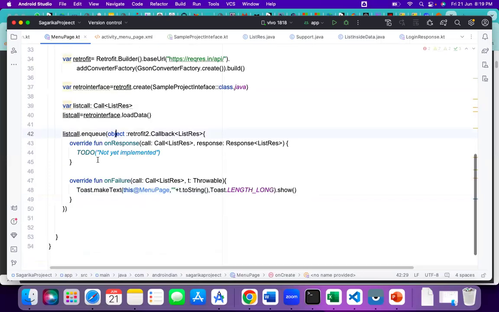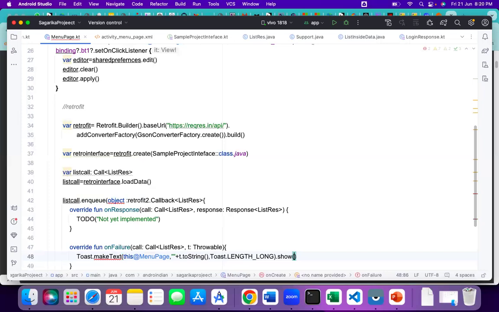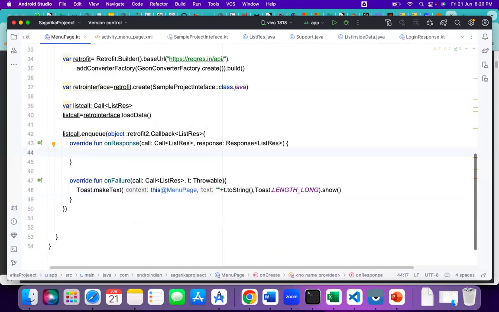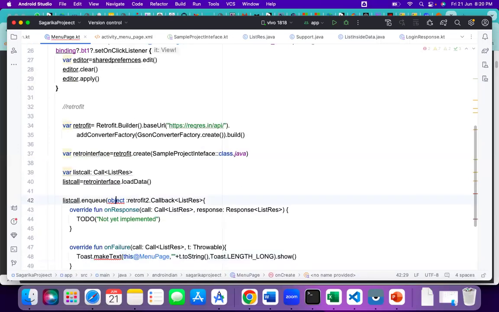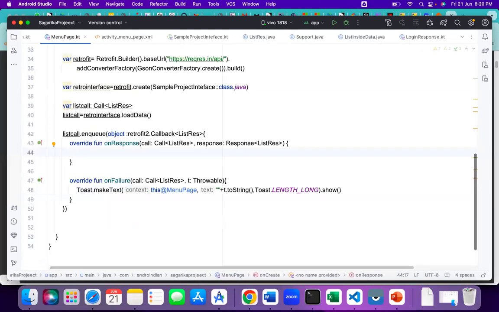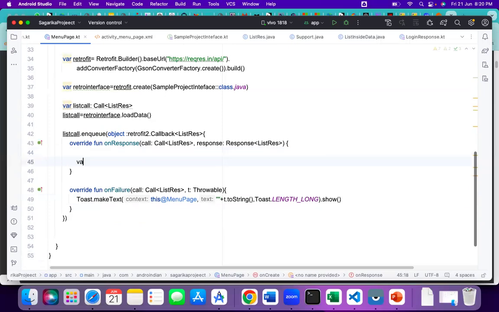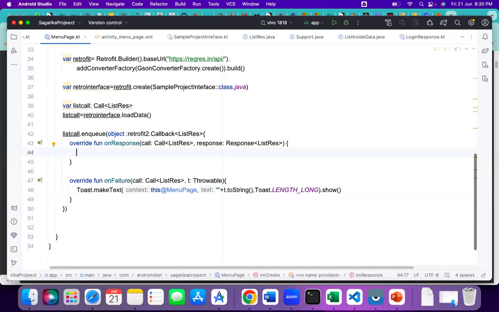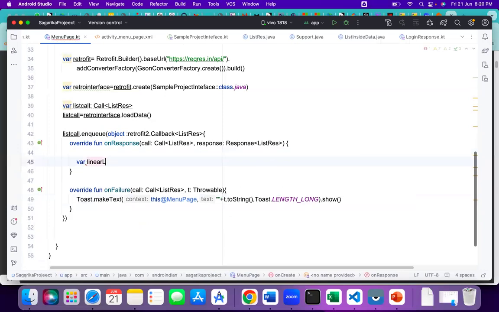So here we used to handle the response now. How to handle the data here? Whatever data is coming directly, I'll write here. Now the data is here. Now I'm supposed to write the code for the retrofit. For the retrofit, I'm writing here for the recycler view. For the recycler view, first we need a linear layout manager. So here I'm adding that linear layout manager